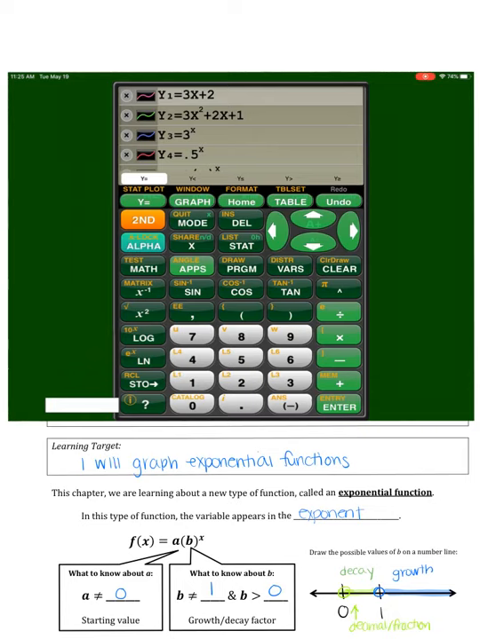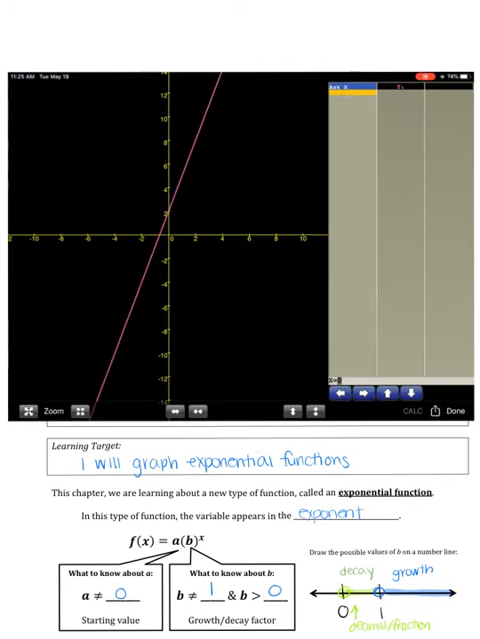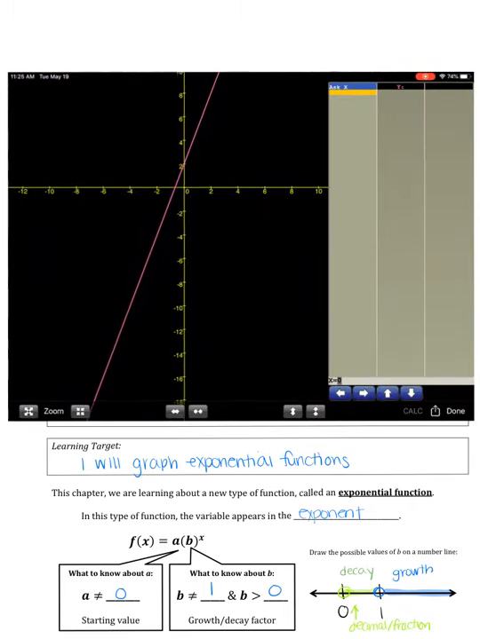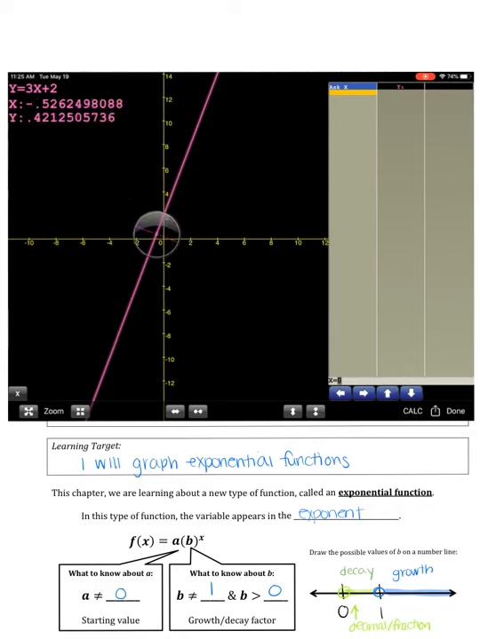Beginning of the year, we learned about linear functions. And linear functions have one x to a power of 1. And we know that when we graph a linear function, it looks like a line. That slope can be changed, but we know that the line will go either up or down or straight across